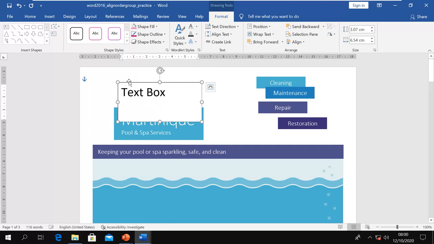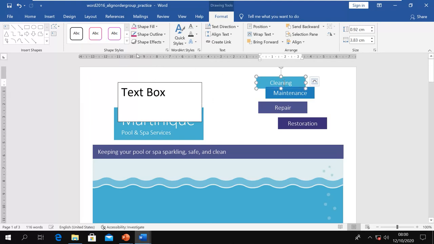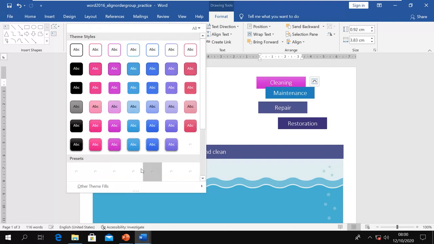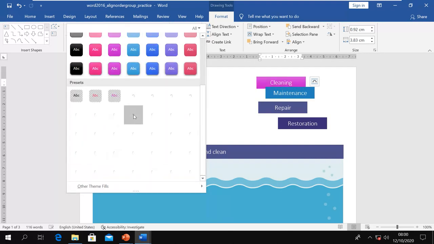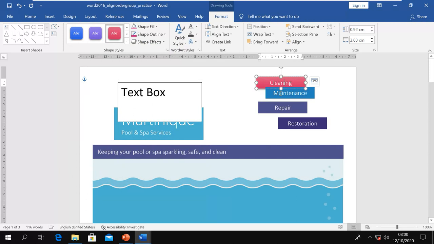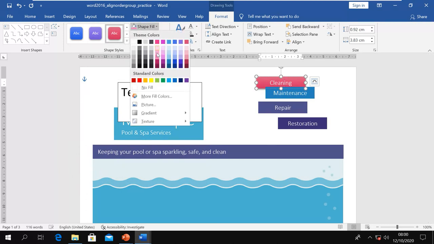box. So this is also like a shape, it goes with the same thing. Then you have option here to change. You select the shape, you can change the predefined style from here. You can choose any style you want. Like this, and even you can design your own style by selecting these colors,